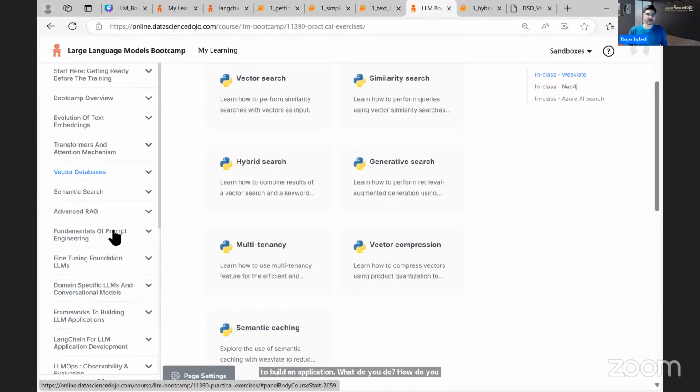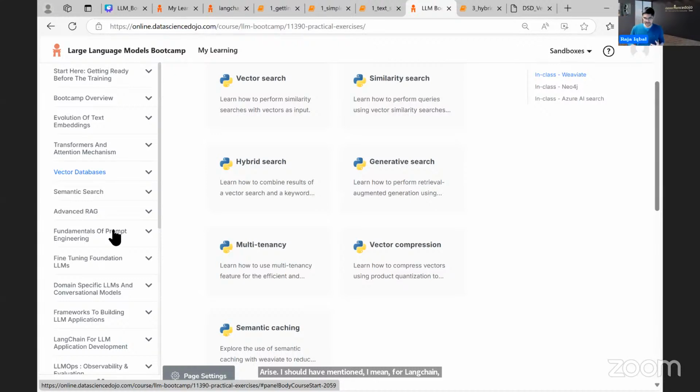And for that, we have about a four-ish hour session where we talk about monitoring, logging, observability, generally called LLM ops. I should have mentioned, for LangChain, LangChain is a partner. Weaviate is our vector databases partner.